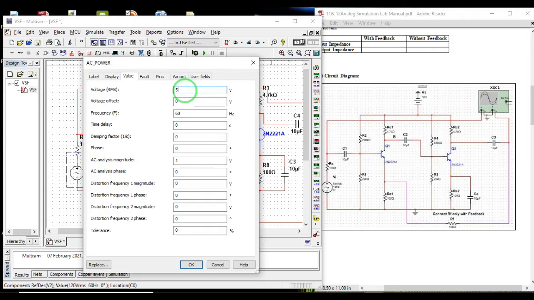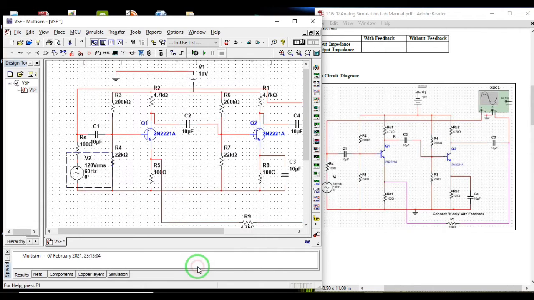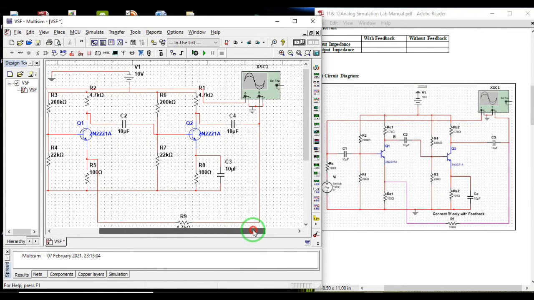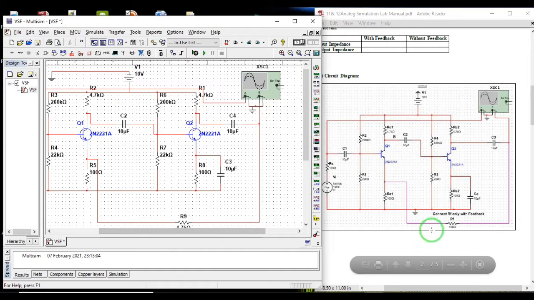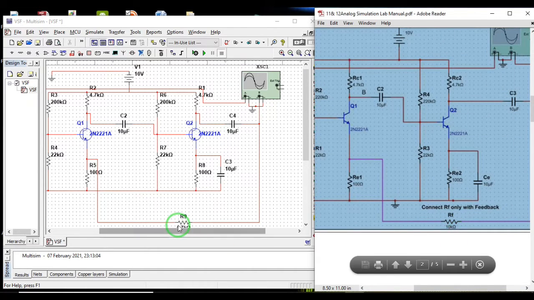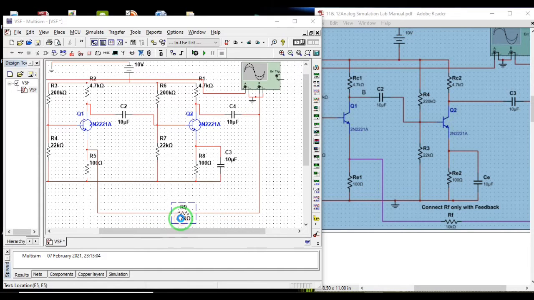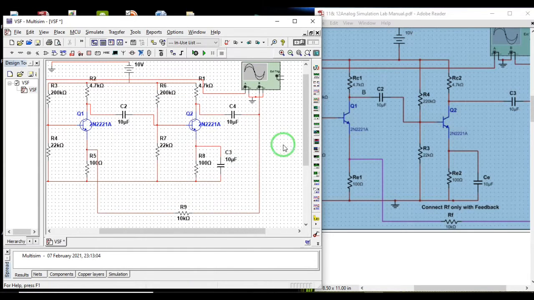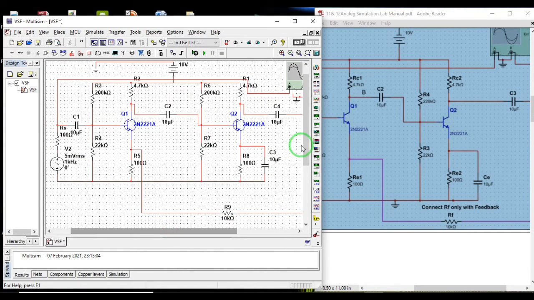This is 5 milli, small m, and this is 1 kilohertz. Nothing else to change. So now we are ready. I think this is 10k. So feedback resistor is 10k. So we have done the connection.